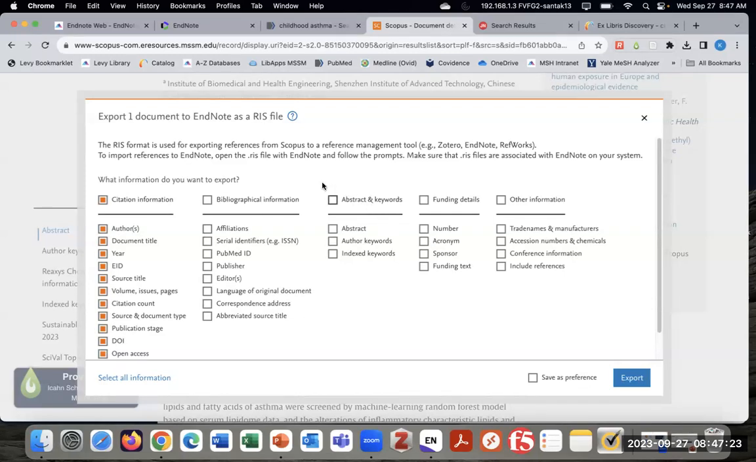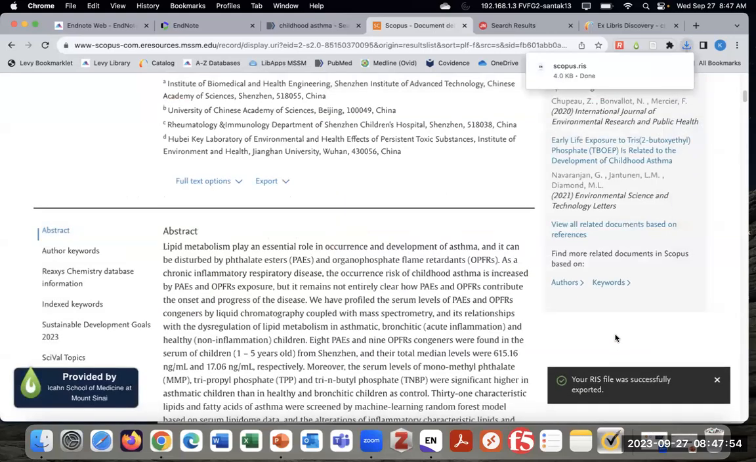Here, Scopus is going to ask you what other kinds of information, apart from the citation information, you want to also add. So you can choose to add bibliographic information, abstract and keywords, or maybe some other kind of information. I usually like to add bibliographic information and also the abstracts and keywords. So I'm going to go ahead and select those. But what you choose to select will depend on you and what you need at this time. So I'm going to go ahead and click on export here on the lower right, and it's going to create